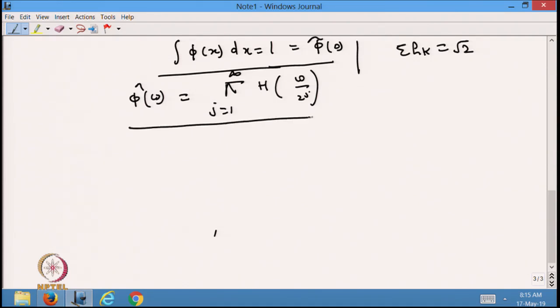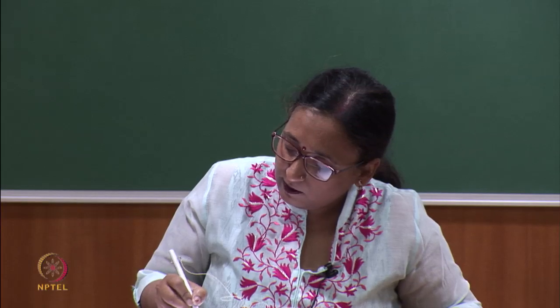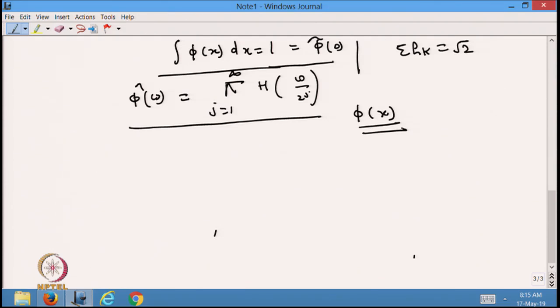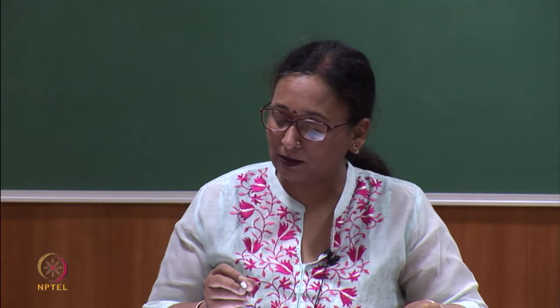So, if we compute the inverse Fourier transform of this expression, that will give me phi x. Okay. So, this is another method of computing phi x with the help of a Fourier transform. That is why it is called a spectral method. So, we have seen the cascade method, where the basic assumption was using the iterative algorithm and then converging, but here also we are using iterations, but in the Fourier domain. So, that is the idea behind the spectral method.